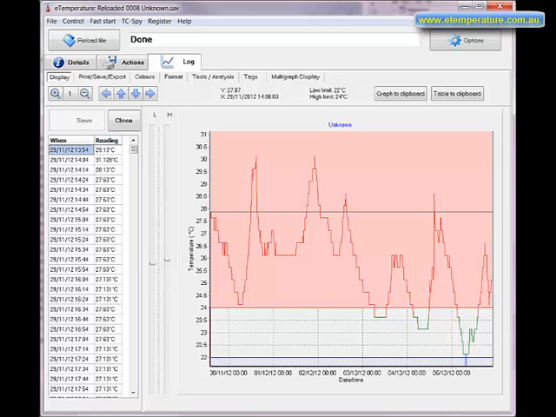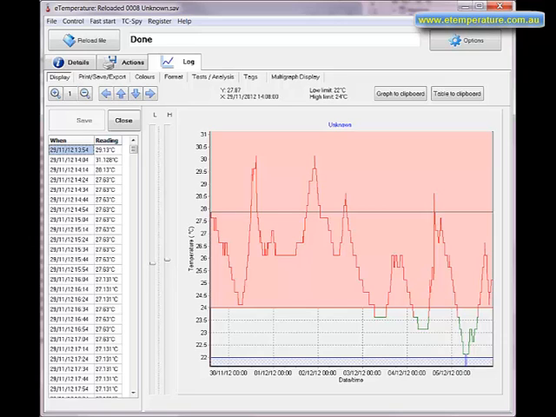eTemperature provides a number of ways of exporting results to other applications. The saving of results to a file for later recall and the creation of reports are covered in other training videos. This video covers the alternative methods available. We will start with the easiest and most obvious methods and then move on to the more advanced options. For most users, the first half of this video will provide more than enough ways to help them use their